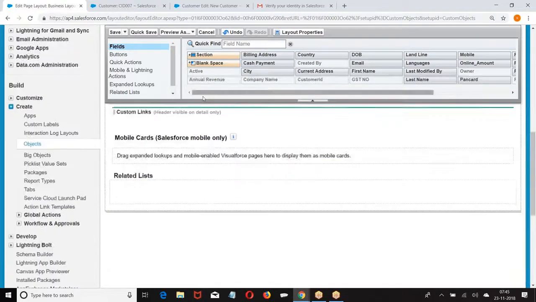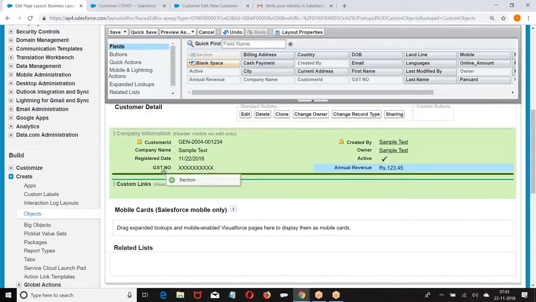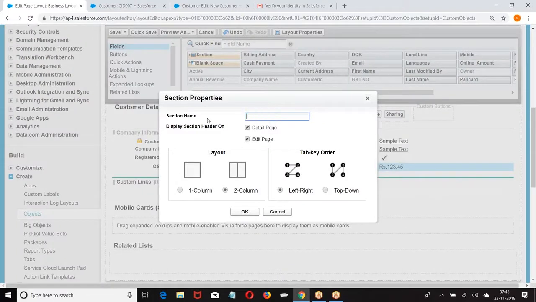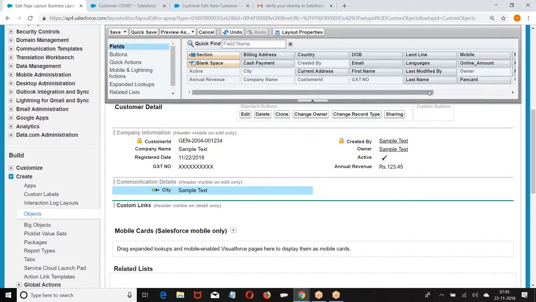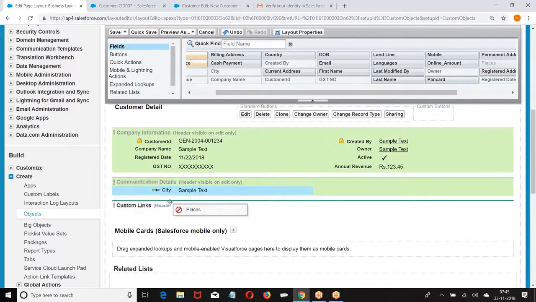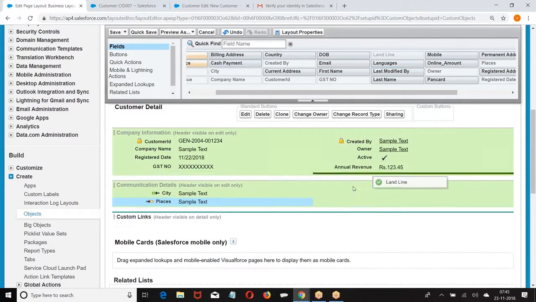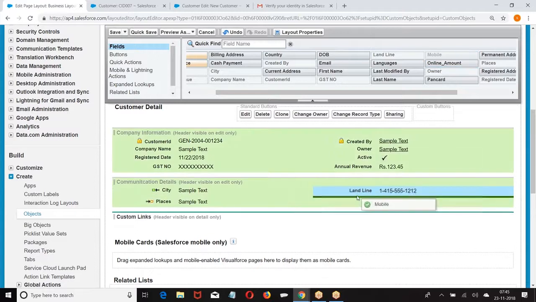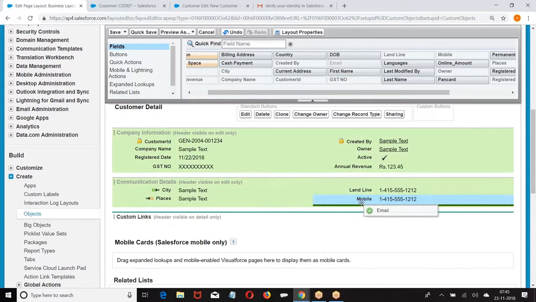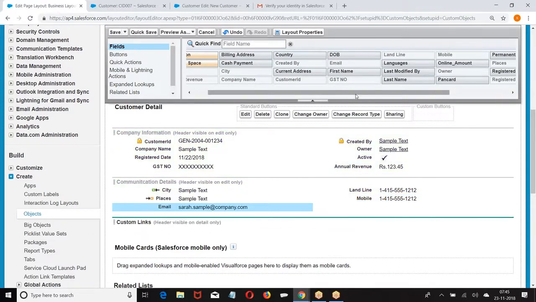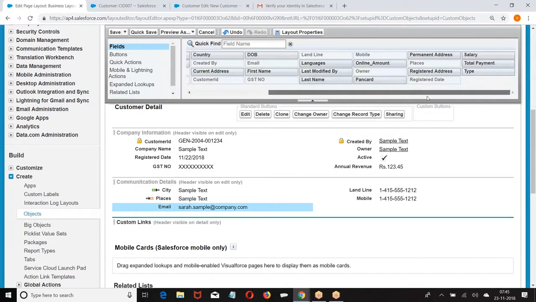Annual revenue. Then I have one more section. Communication details. Now I have city. I have place. Landline. Mobile number. We have email. It is a company data.